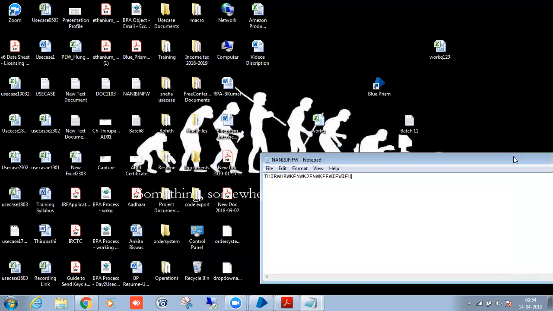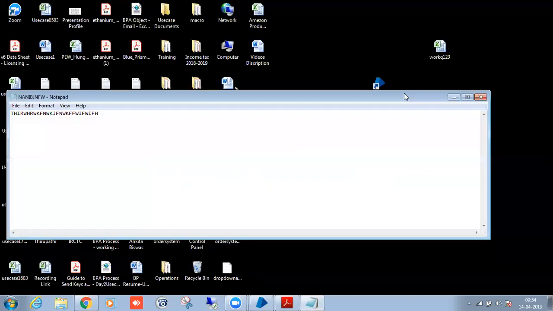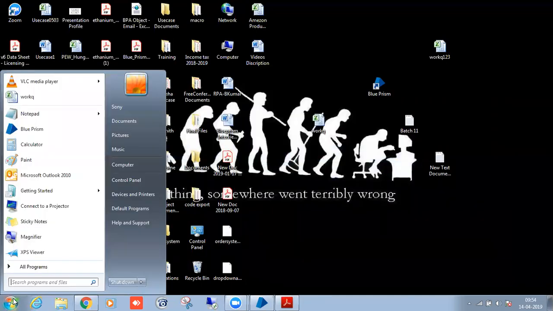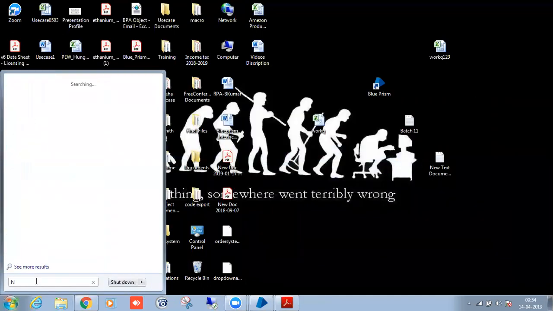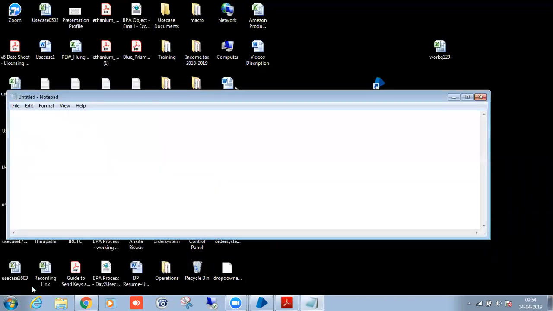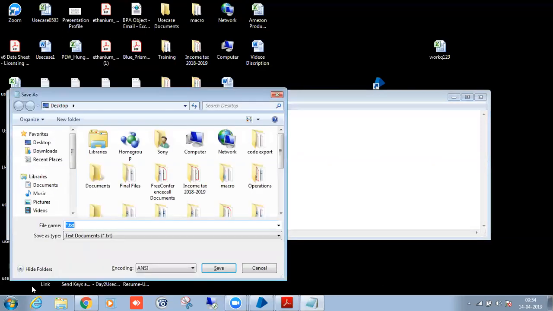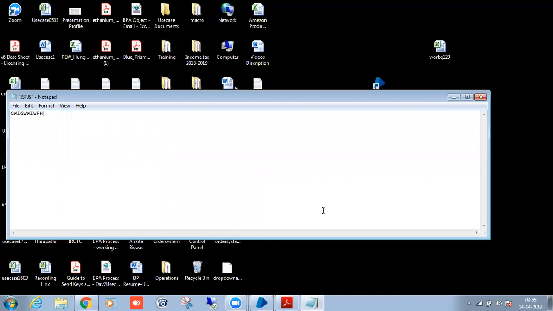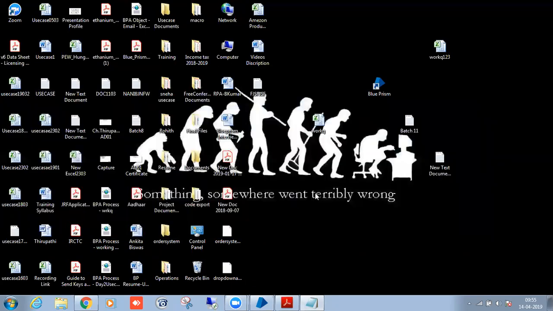The same logic I will implement in the tool. I'm opening a notepad, creating one business object, and writing some data. Then I will do control S, enter the file name, and pass enter. Control is a global send key and enter is also a global send key, and the data can also be passed with global send keys. You can see how I'm going to pass it now.